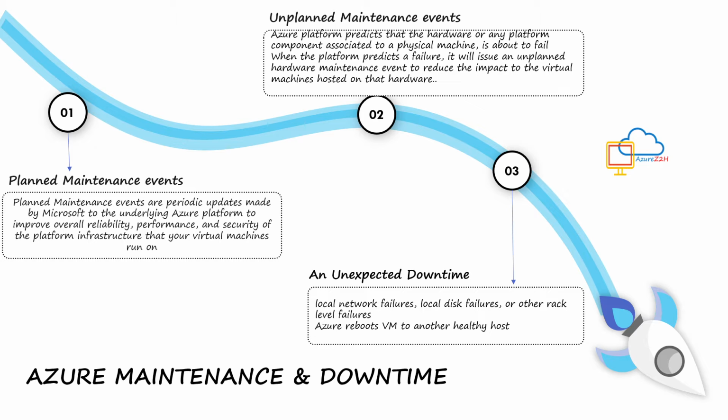In last video we discussed planned and unplanned maintenance. We also discussed unexpected downtime which can happen in Azure data center. So how can you make sure your application is available when there is some planned or unplanned downtime? There are high availability solutions offered by Azure along with some load balancing solutions. So in this video we will discuss load balancer, Azure load balancer, and then we will go with the high